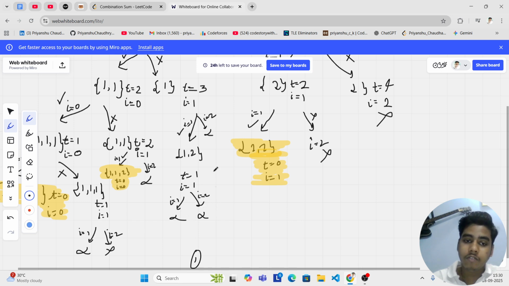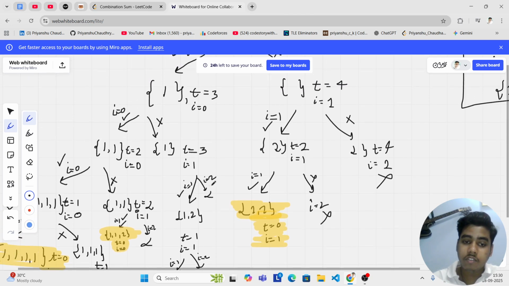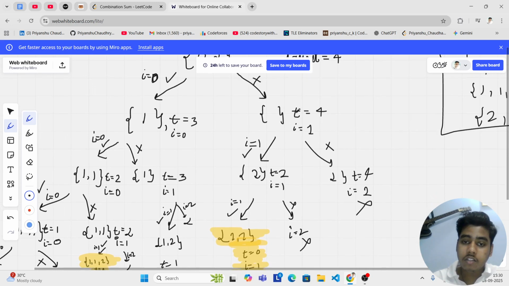This is going out of bound. We will return. Similarly here also, if we see that I is equal to 2, it is out of bound, so we will return from here. Now if I come here and check,